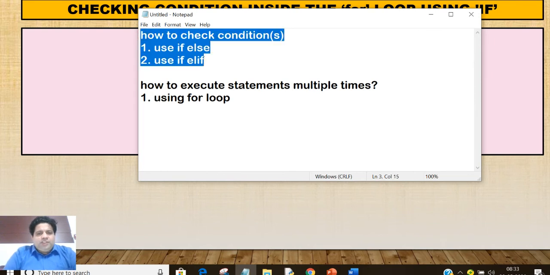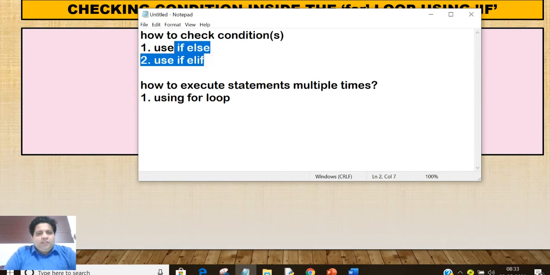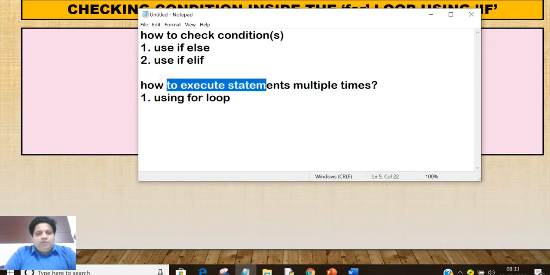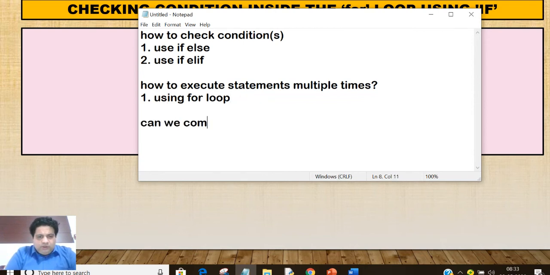How to check conditions we have learned using if else or if elif, and how to execute statements multiple times, this we have learned using for loop. Now the question is, can we combine if else and for loop together? The answer is yes, you can.